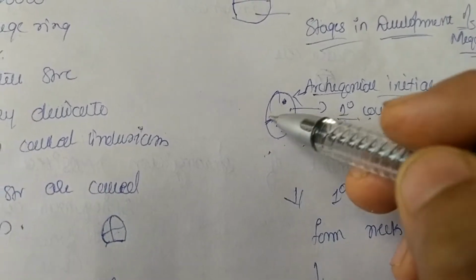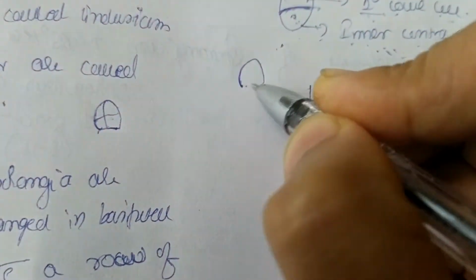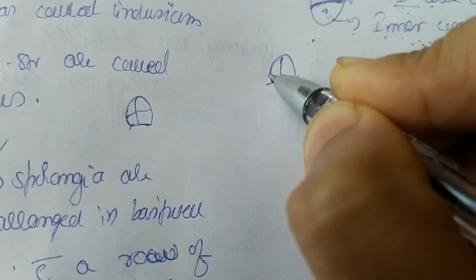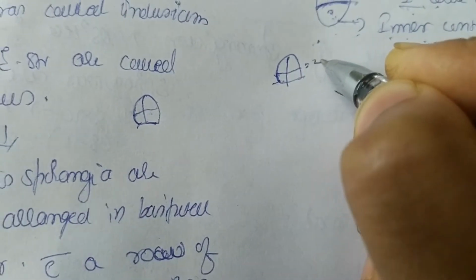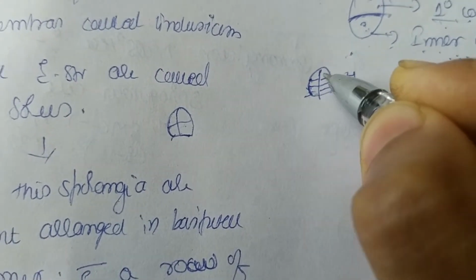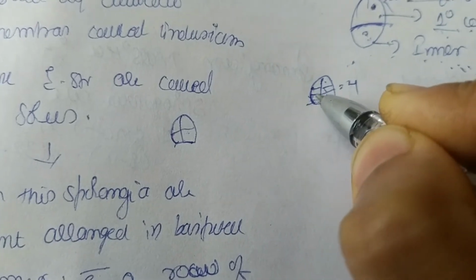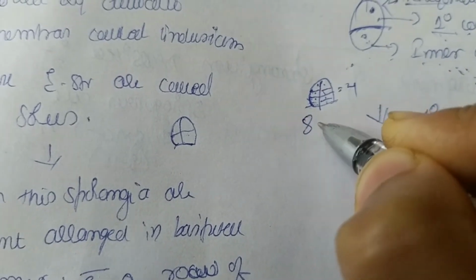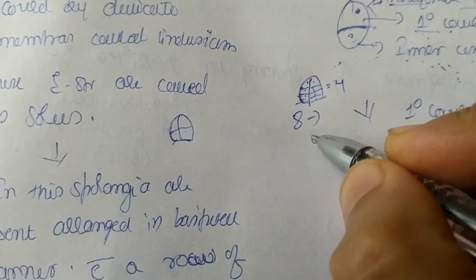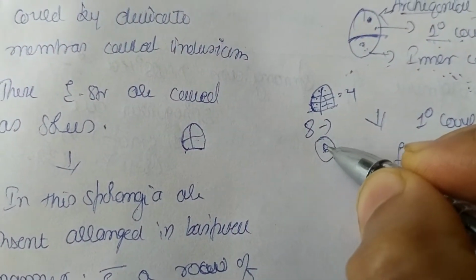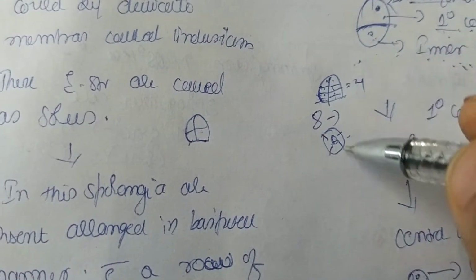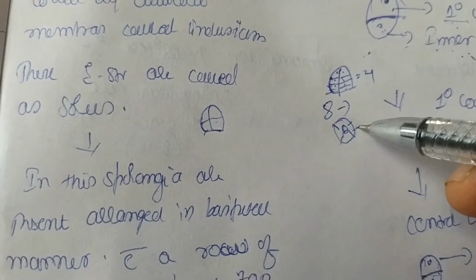This upper primary cover cell is going to divide further. Like we have a first periclinal division, followed by a transverse division, leading to formation of 4 cells. These 4 cells will undergo further transverse division, leading to formation of 8 cells. These 8 cells are arranged in 2 tiers of 4 each. So in this way, the arrangement will be there. This leads to formation of the neck of the archegonium.